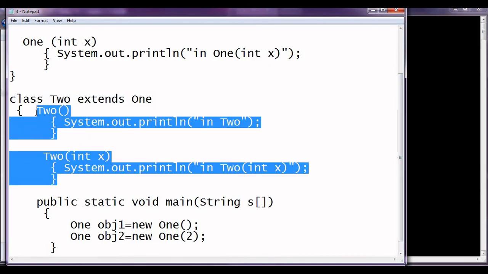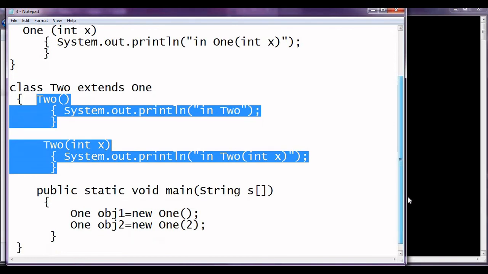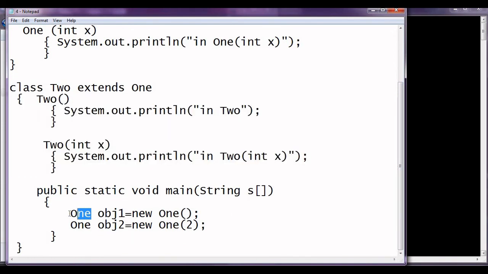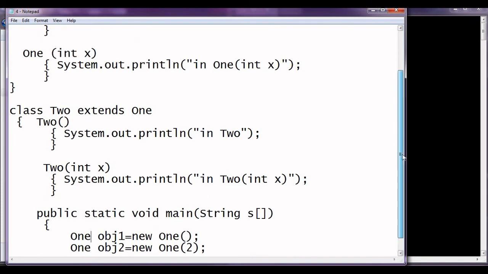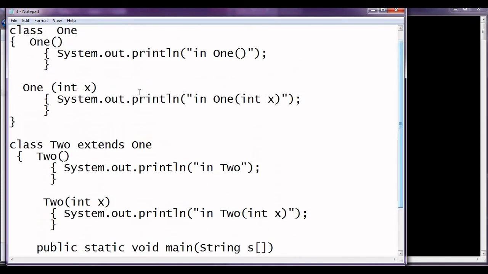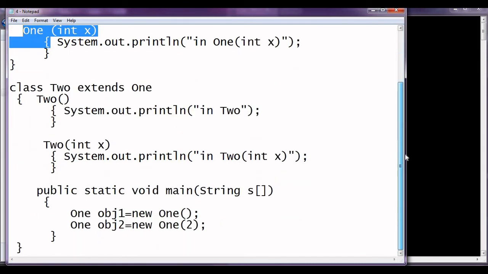Similarly, we have two constructors, and then we create objects. For the first object this constructor will be executed, and for the second object this constructor will be executed. This program will be useful for the next program. Let's check it.